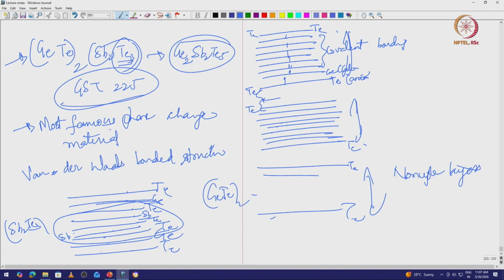Now, here I have a very weak bond, tellurium bond is weak, and that is the van der Waals bond, right. So, as a result I can just peel them off using a scotch tape. Okay. So, this is a van der Waals material, okay, and as you can see, right. So, there is a particular way in which germanium telluride and Sb2Te3 are ordered,